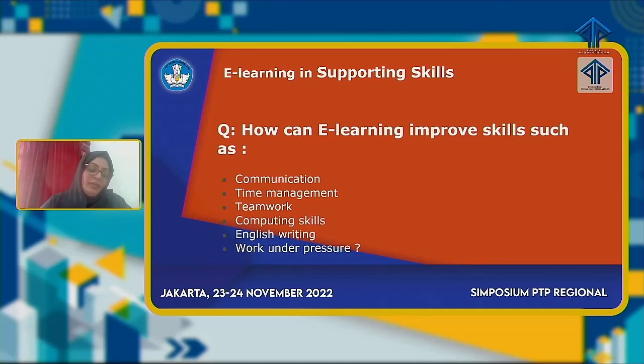Now, when we come to working under pressure, which is a little bit critical, we ask how e-learning will help support my work-under-pressure skills. When I'm using the platform on my desktop or laptop, suddenly I might face a technical or hardware problem, or it is crowded and I'm not able to reach the page that I want.